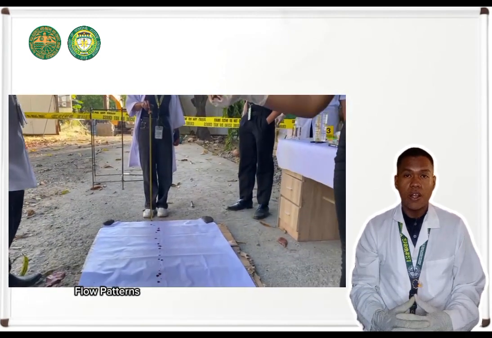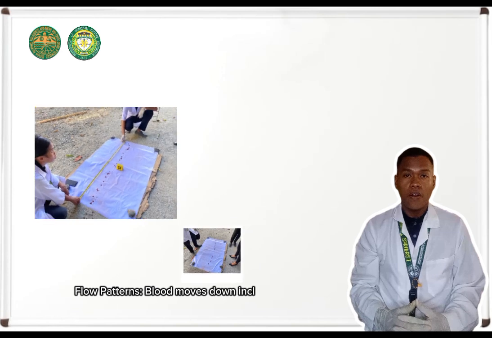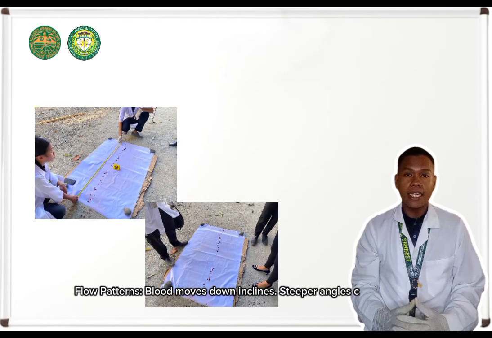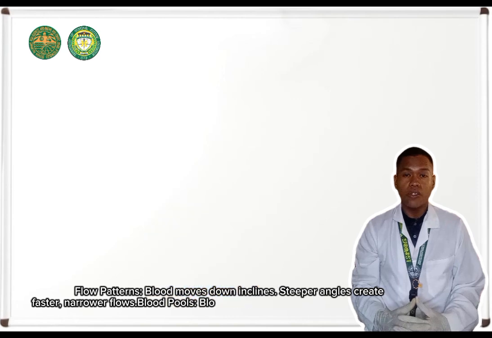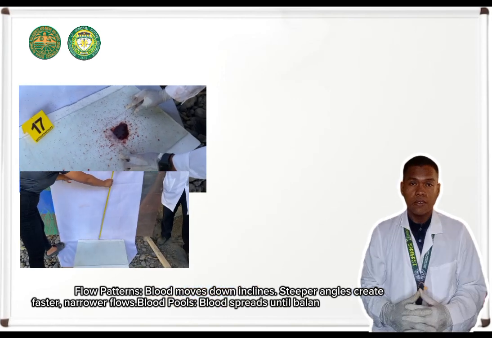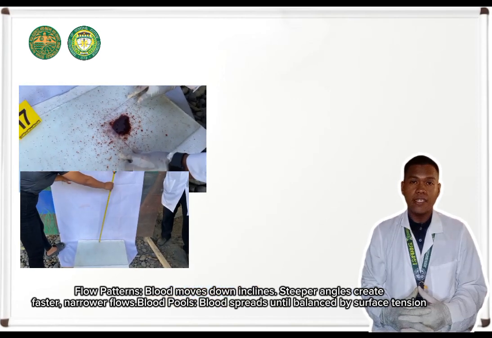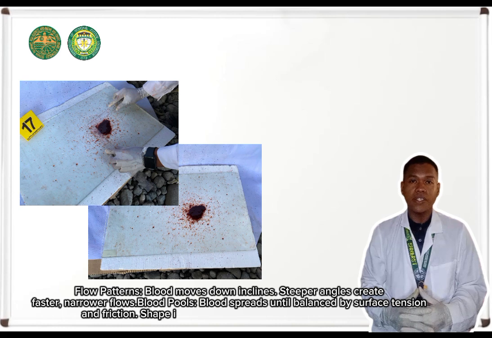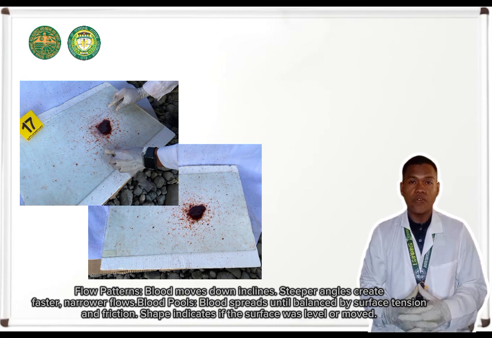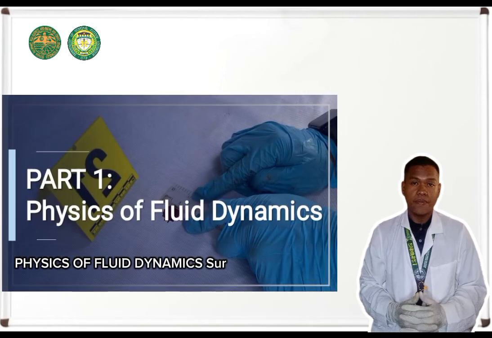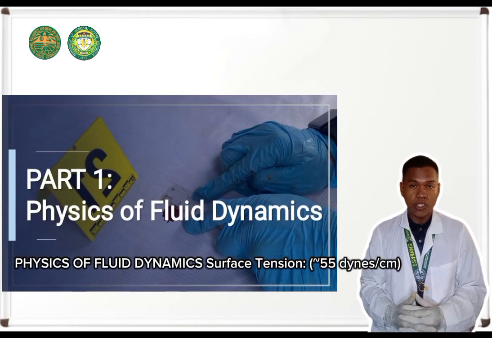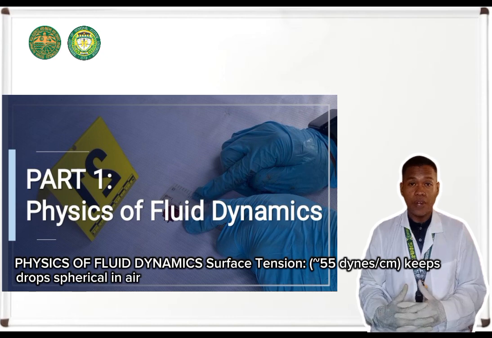Flow pattern: blood moves down inclines. Steeper angles create faster, narrower flows. Blood pool: blood spreads until balanced by surface tension and friction. Shape indicates if the surface was level or moved. Physics of fluid dynamics: surface tension keeps drops